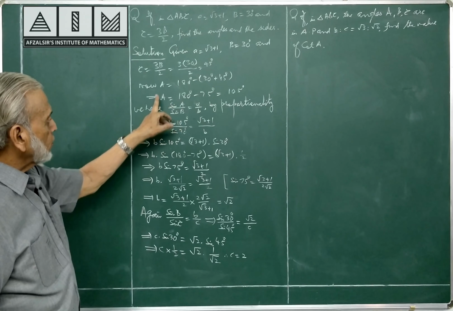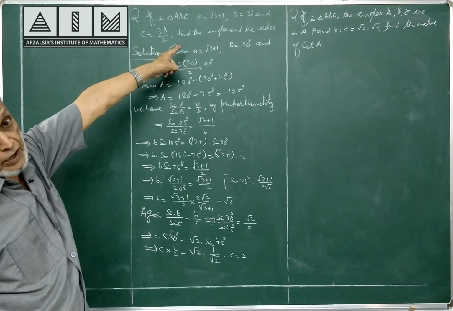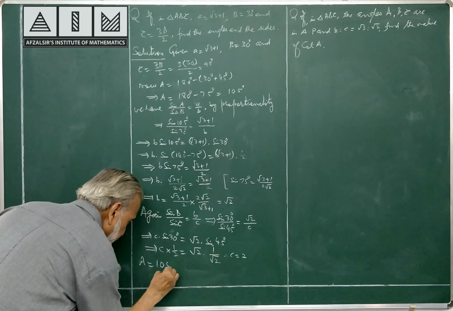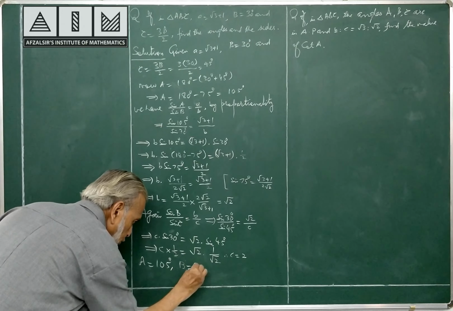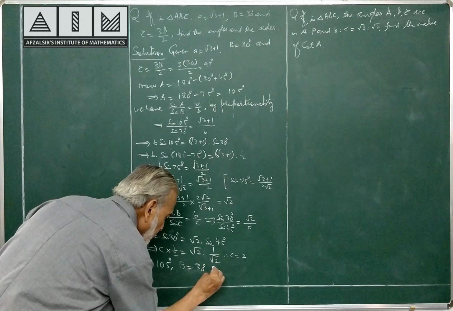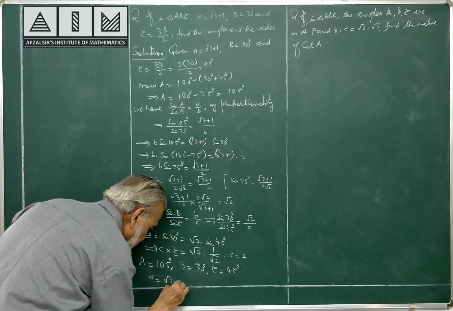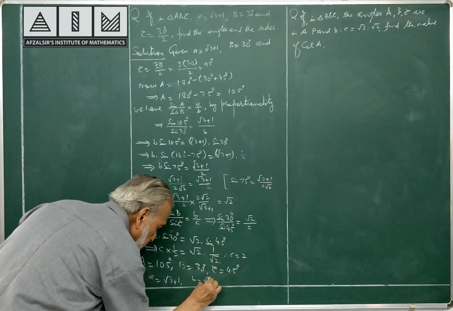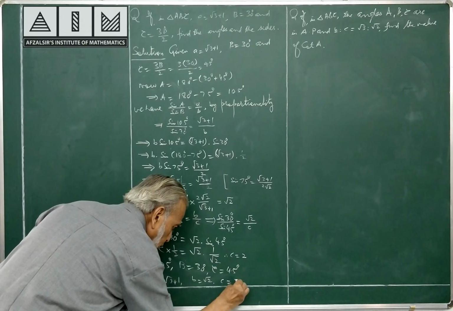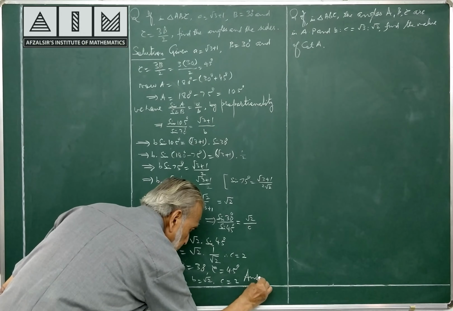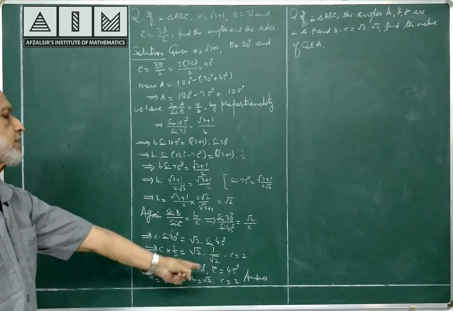So you have found out all the angles and all the sides. The question says find the angles and the sides, you have to write now. A is equal to 105 degrees, B is equal to 30 degrees given already, C is equal to 45 degrees, small a is given root 3 plus 1, small b you have found out, and small c also you have found out. This is your answer. All the angles are listed, all the sides are listed.